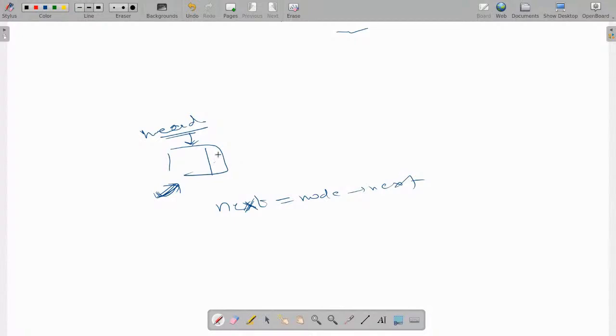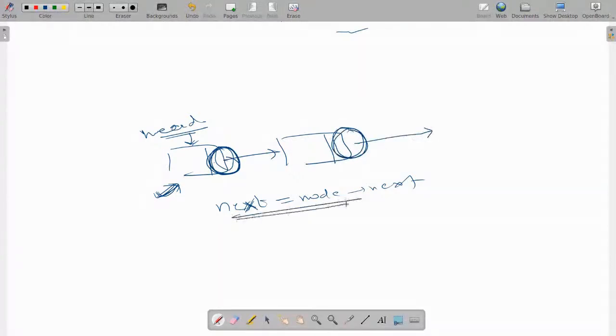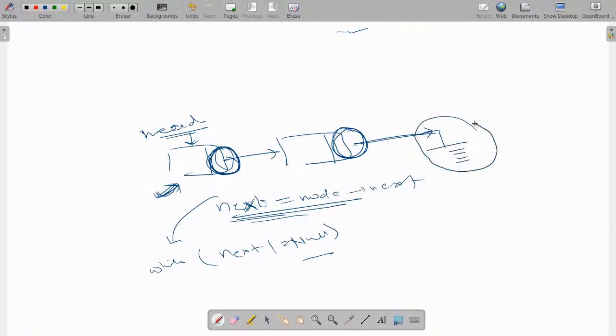What this will store is the address that is stored at the next of this node. Again, it will store the value stored at the next of the following node. And we iterate until my next does not equal null. If my next equals null, this means that the address stored here is not of a node, but is a null address. That is the end of the